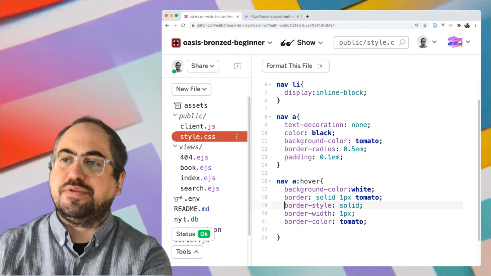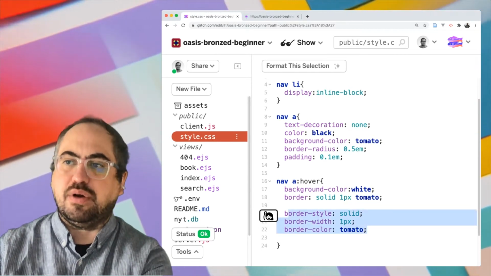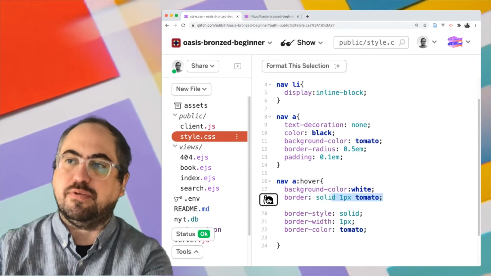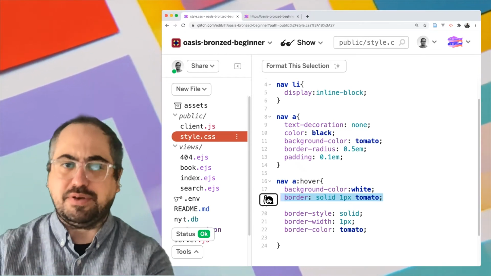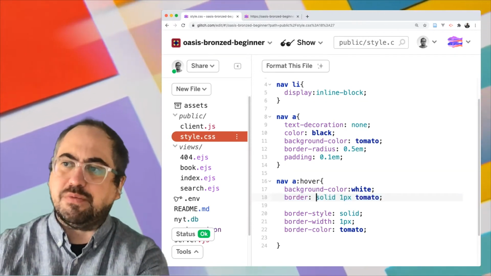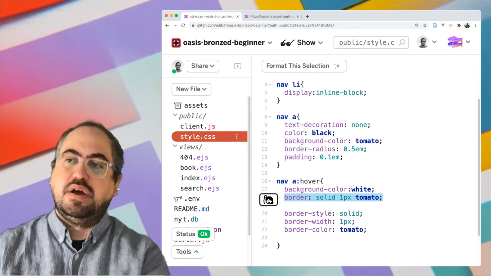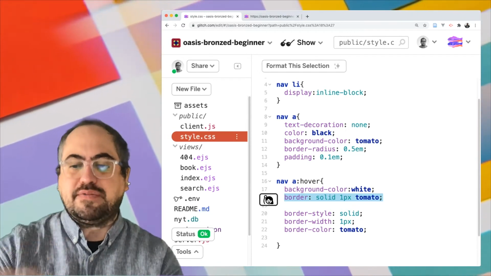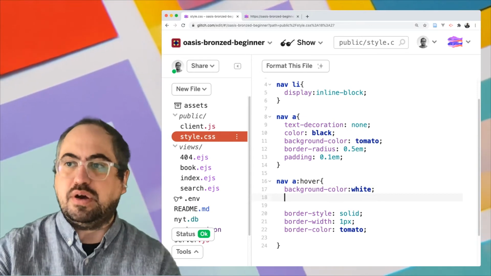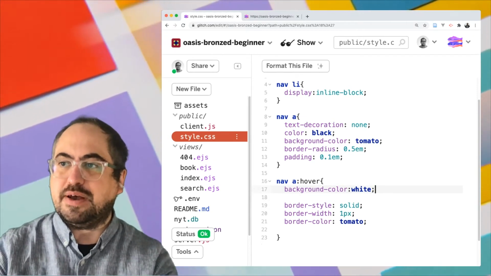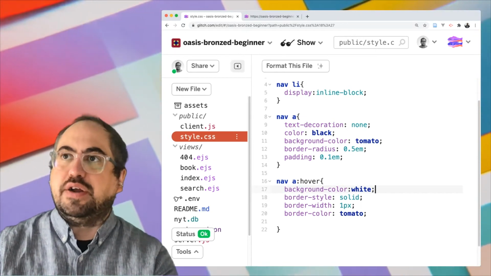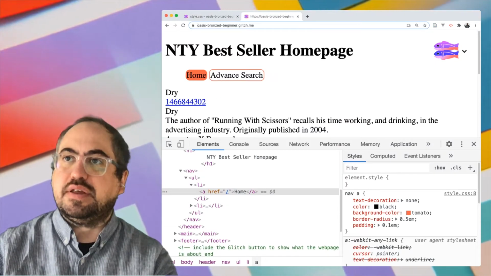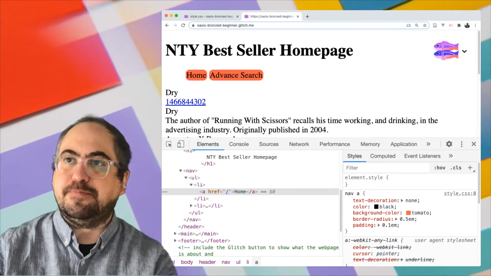And so these three rules are the same rule, but broken out into more verbose individual properties. So whichever way you feel comfortable doing, if you're more comfortable smushing them all into one abbreviated property, or if you want to be very explicit in the property values, you can list them out like that. All right, so now when they hover, they get this nice